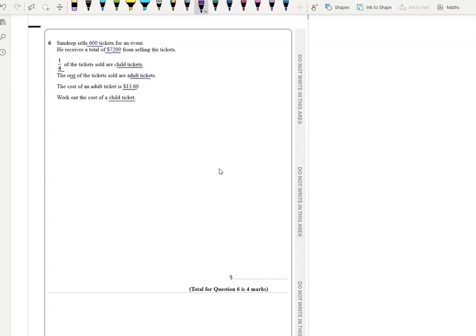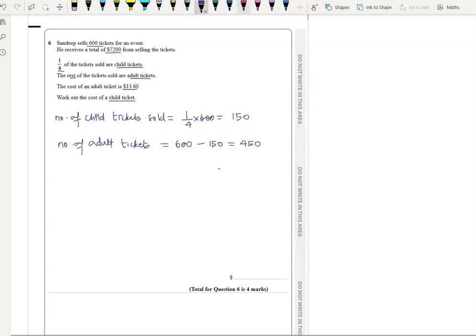So out of 600, 1/4 of the tickets sold are child tickets. So we can find the number of child tickets sold, that is 1/4 of the total, that is 150 tickets are child tickets. So the remaining are the adult tickets. So number of adult tickets will be 600 minus 150. So total 450 adult tickets were sold. The cost of one adult ticket is 13.60. So the total money received by selling 450 adult tickets